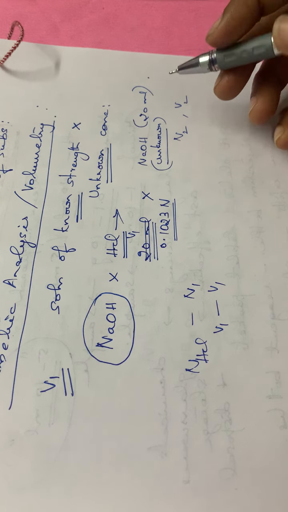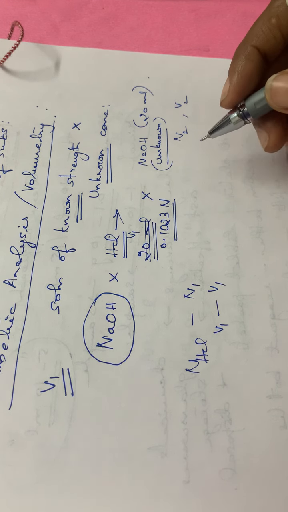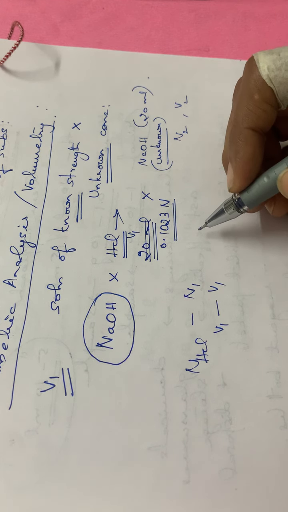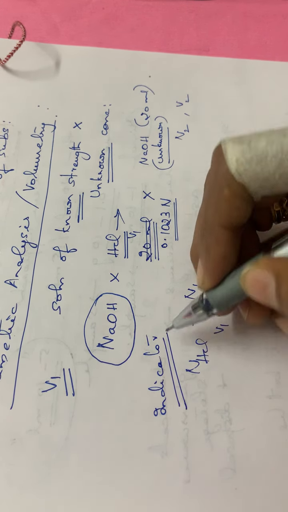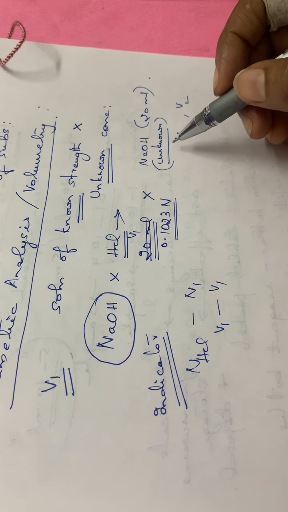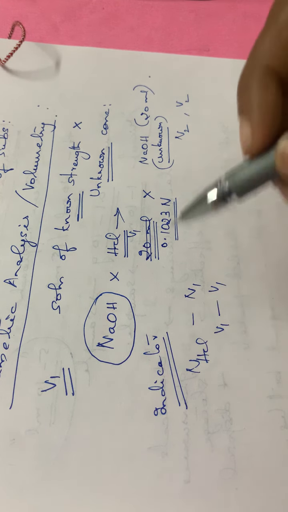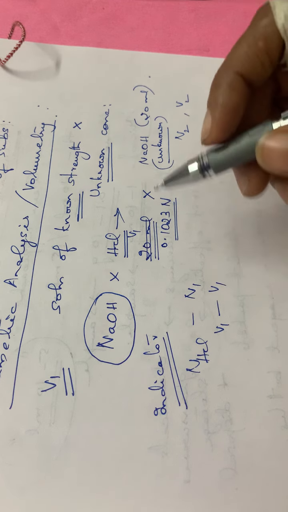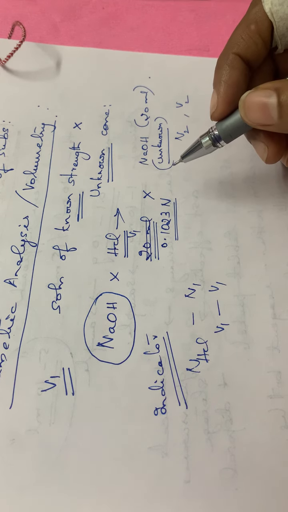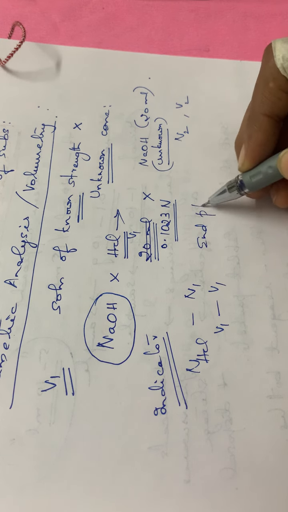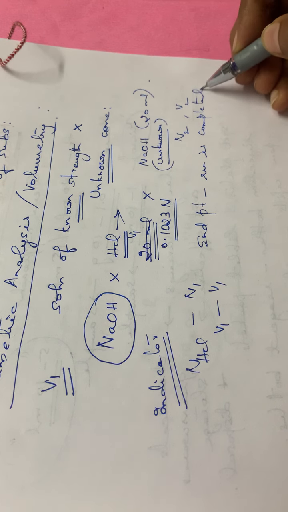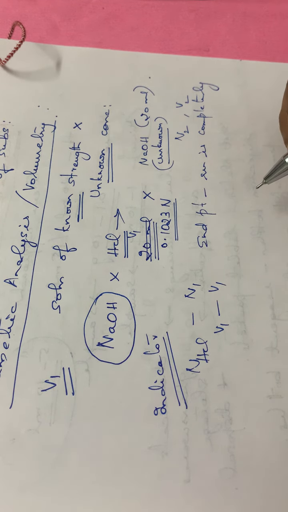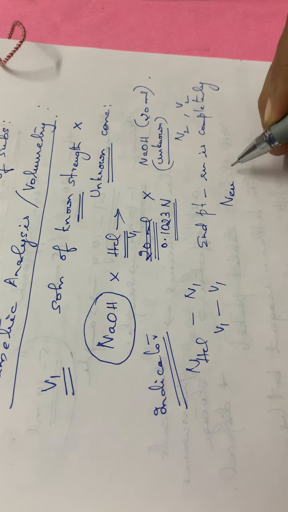Okay, so during the titration, at a particular point, what happens? The endpoint will be occurring, isn't it? At that endpoint, we know there will be a color change. For that, we will be adding an indicator at the start of the reaction, while pipetting out NaOH, and at the end point we will be having a color change. That means at that end point the reaction is completed. Since it is an NaOH HCl titration, we can call it a neutralization reaction.